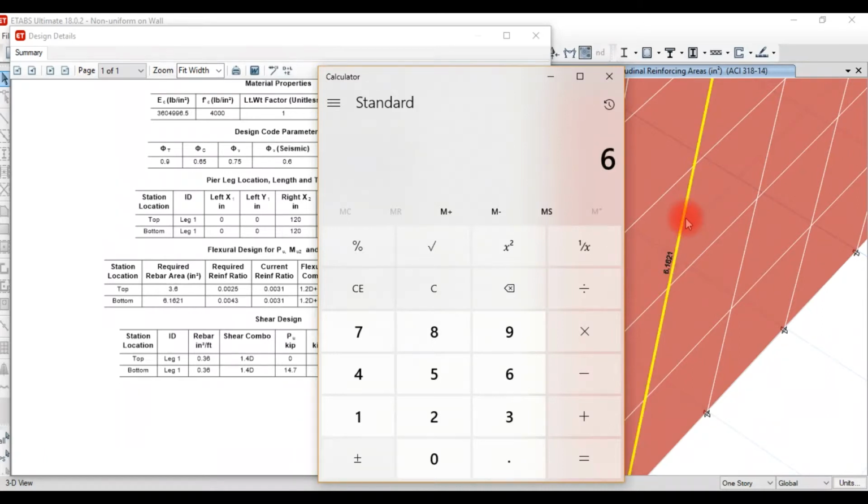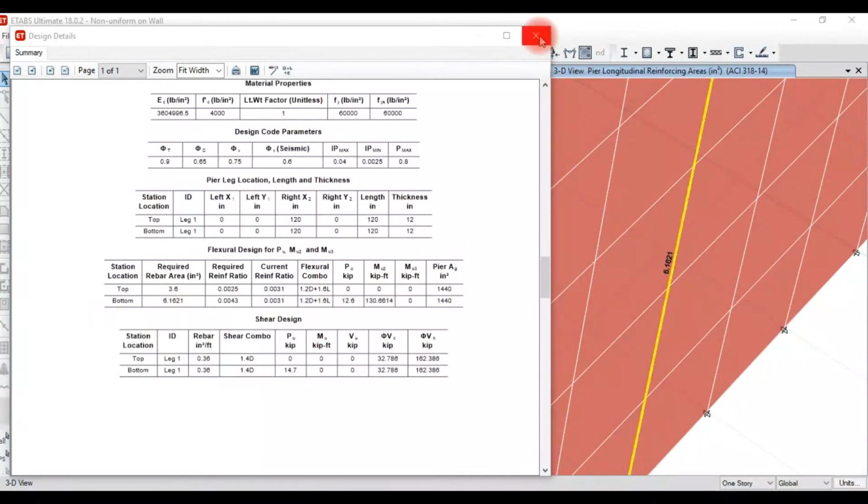And 6.16 divided by 0.22 gives 28 bars, which is equal to 4 inch spacing on the bottom side. Shear design is equal to 0.36 inch square per feet.